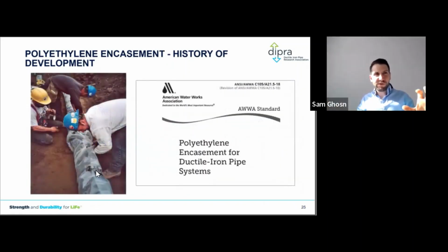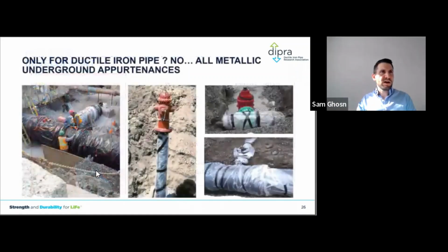I invite you to go through this standard and read it, folks. AWWA C105 standard. It's not only about polyethylene encasement, but will teach you a lot about corrosion control and corrosion evaluation of iron pipes and soil types as well. So if you have a chance on a Friday afternoon, please go through it. And if you have any questions, feel free to reach out to me and I'll be happy to answer them.